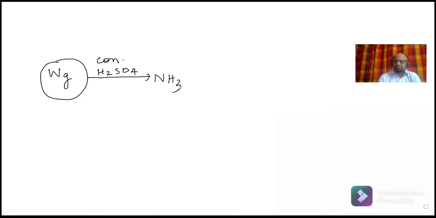Now by doing so, half of the process is actually done. Now your job is to calculate the number of moles of ammonia present in this particular experiment. So if you calculate the number of moles of ammonia present, the number of moles of nitrogen also automatically will be the same, because you can see in one molecule of ammonia there is only one nitrogen atom. So the number of moles of ammonia is equivalent to the number of moles of nitrogen. Now how can we calculate ammonia here? For that reason, we'll take H2SO4.